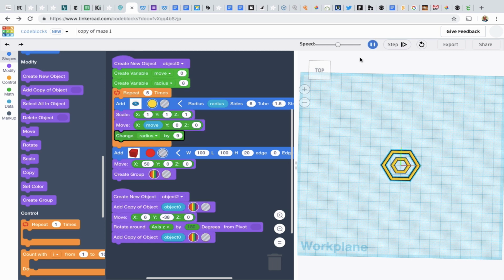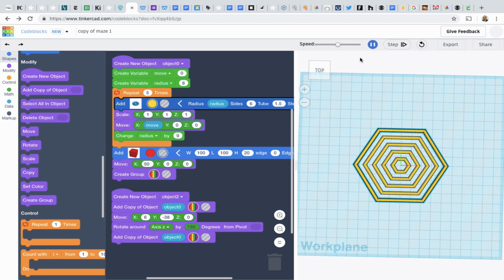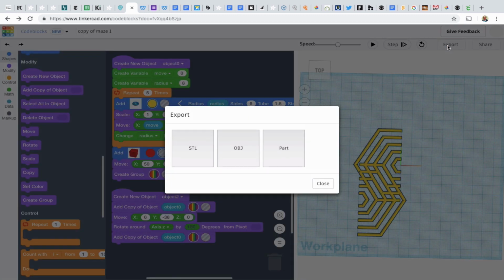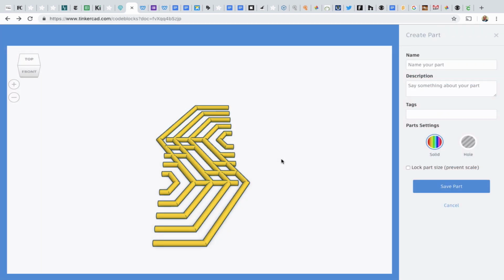I create the first one and then I duplicate it and reposition it and then I make kind of an S shape. And I'll need to export it as a part. Right now, Codeblocks does not allow you to export as an SVG, so kind of a workaround is to export it as a part,